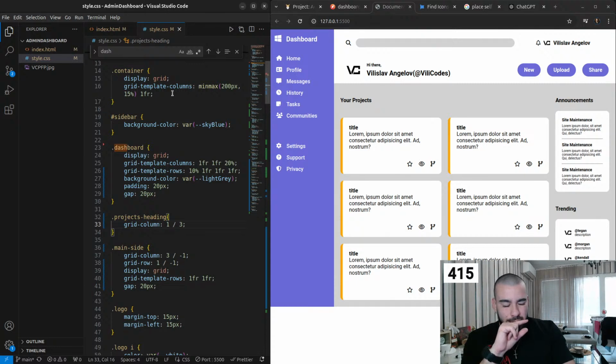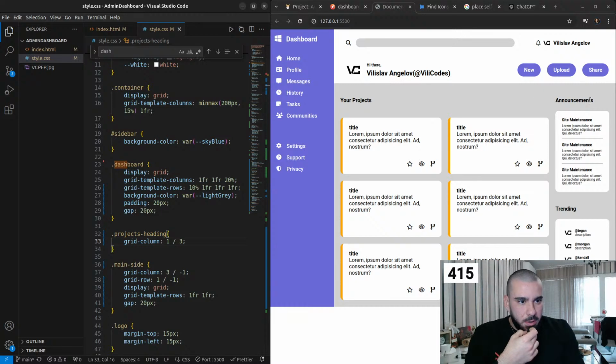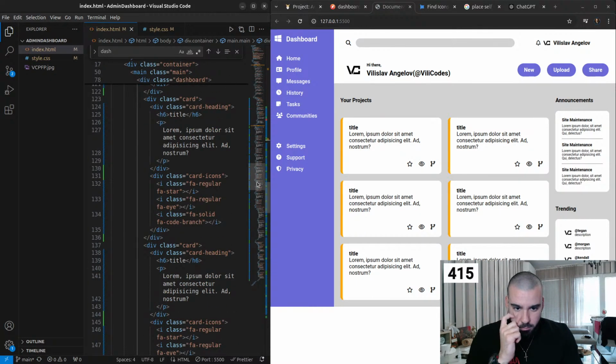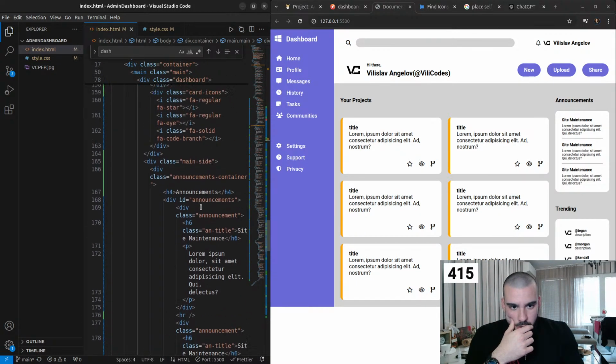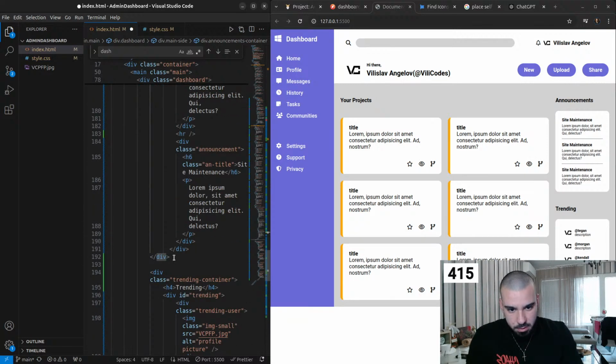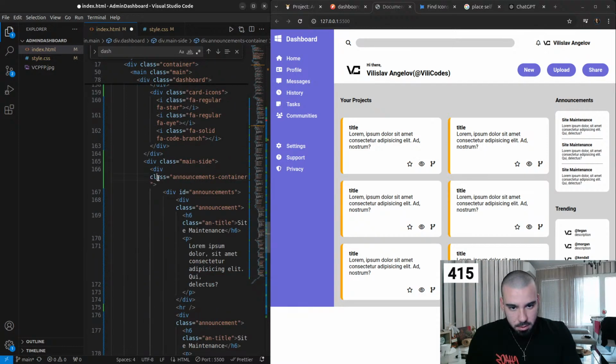Then we need one more thing. We need to make the announcements into that same row. So indeed we have to, I think we have to get rid of this first, and I wouldn't need the announcements container anymore. So let me see where that ends. Here we can get rid of that. Announcements container we don't need,